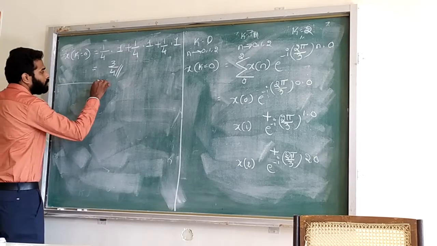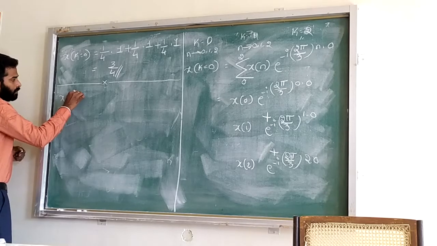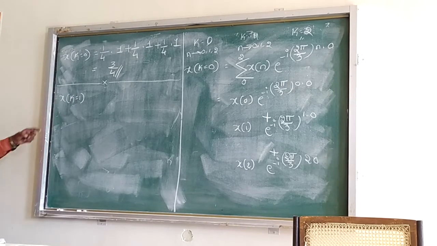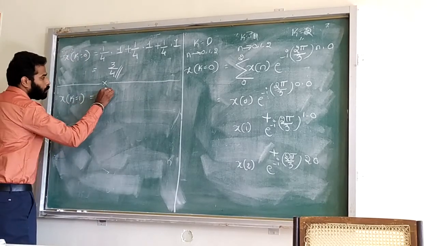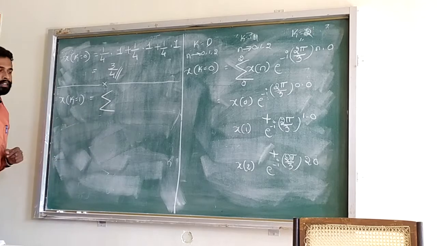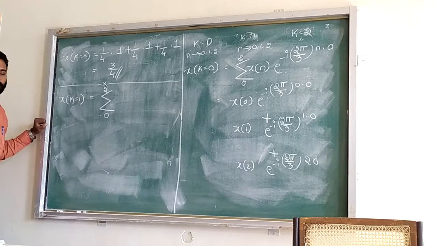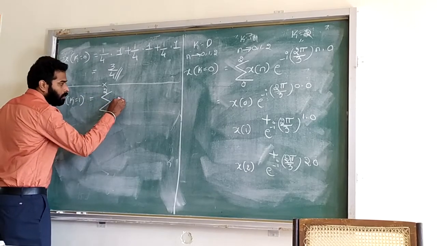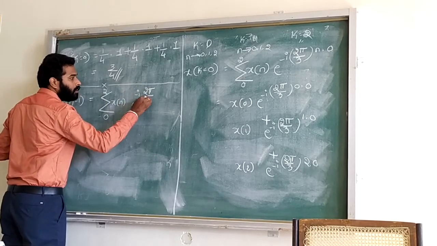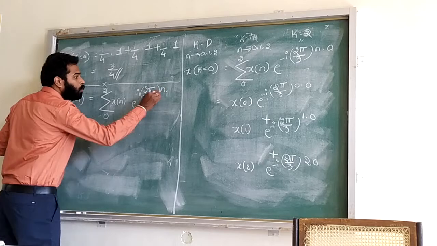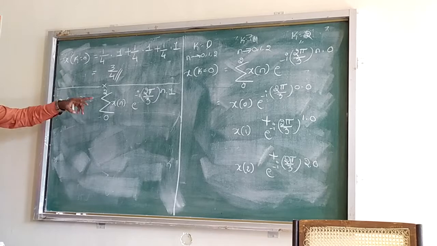Now we'll start with X at k is equal to 1. First we'll write the general equation like this. X at k is equal to 1 is the summation n is equal to 0 to N minus 1, so 0 to 2, of x of n e raised to minus I 2 pi divided by capital N, which is 3, into n into k. Now k is 1.